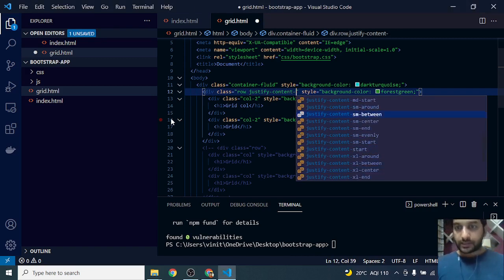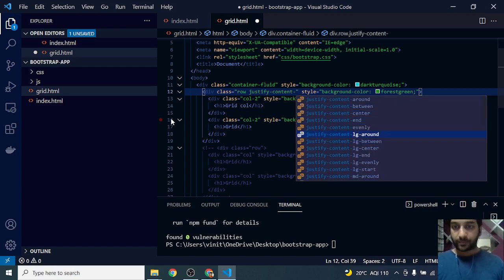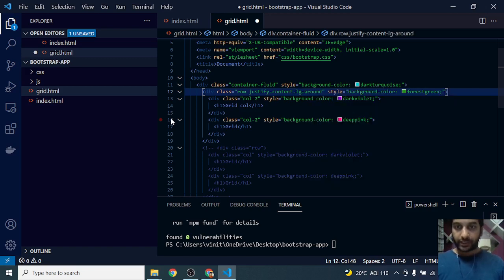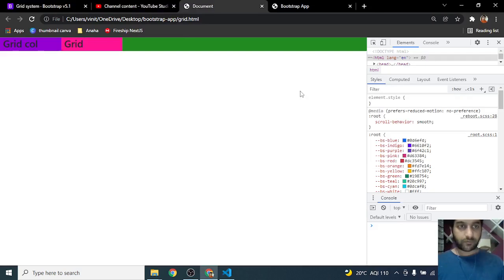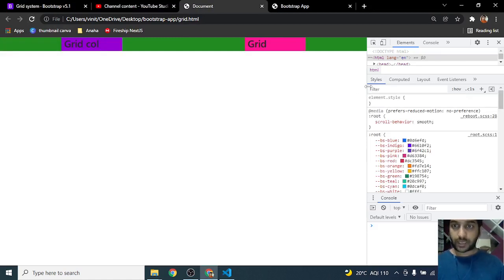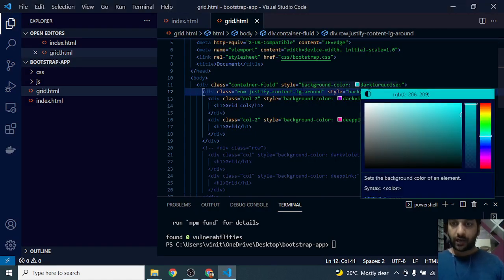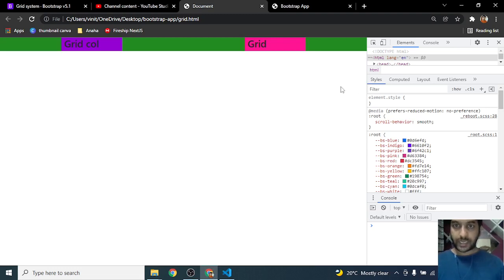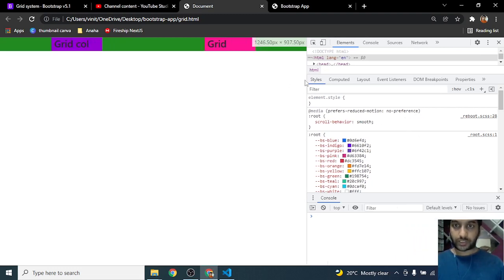Now what are these? These are the same features with breakpoints, right? So I've put this breakpoint LG. For large screens, it will work as justify content around, and anything below that, it won't work like justify content around.